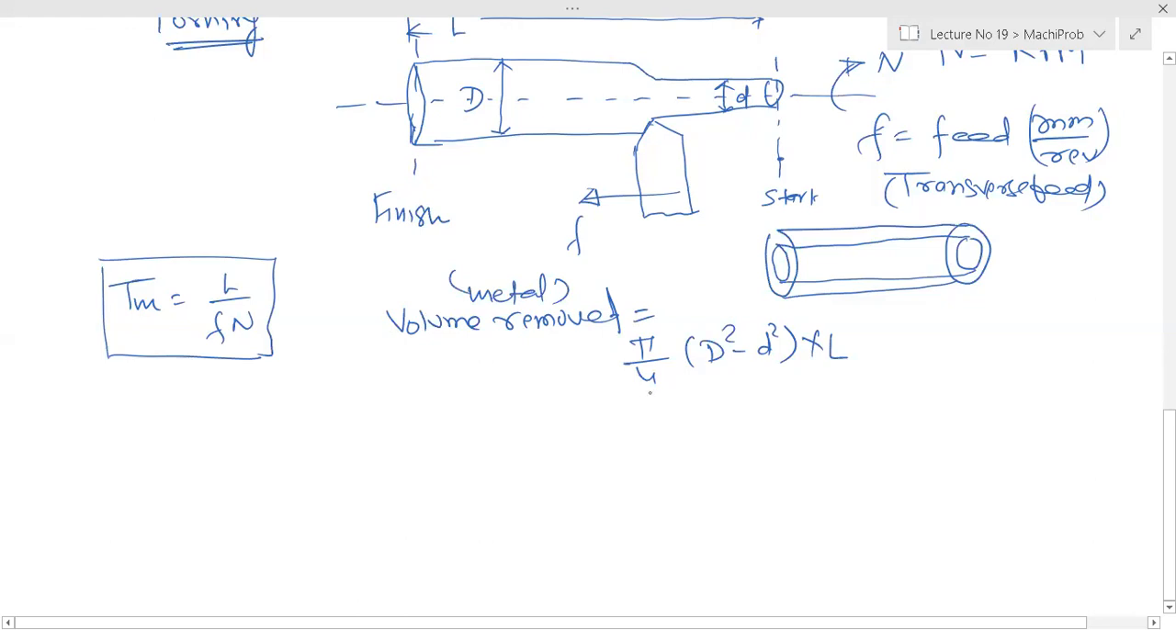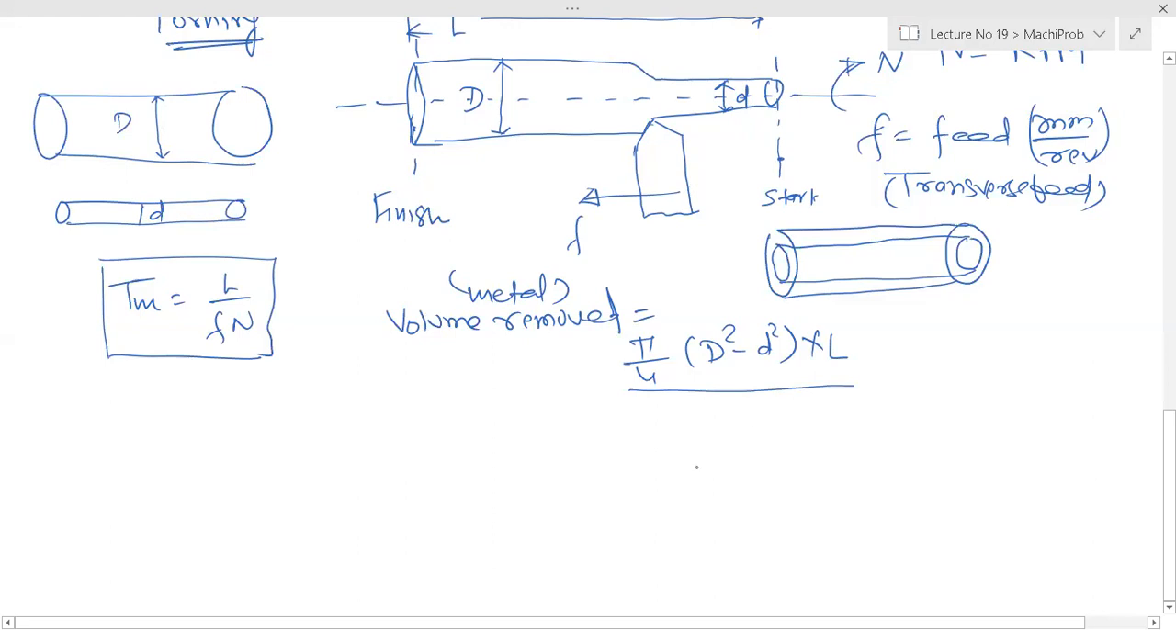This much volume will be removed because initially you have this, and finally you are getting this. This diameter is D, and this diameter is d. So this much volume is to be removed. We can write this